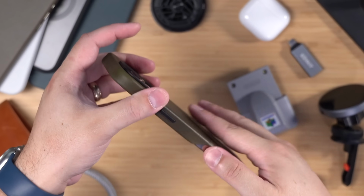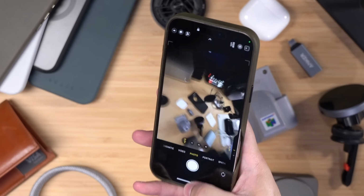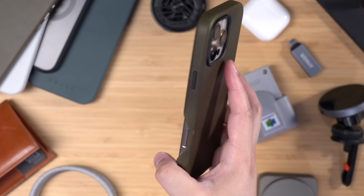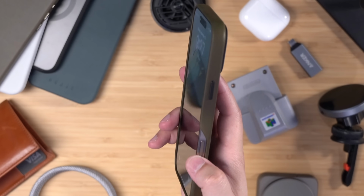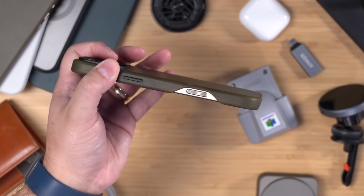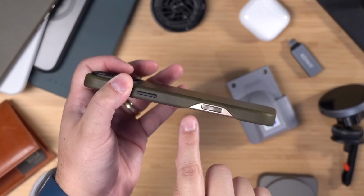But these kinds of larger cutouts, I'm not crazy about the feel, especially most times when I pick up my phone, you kind of feel that big notch. Now with visual intelligence coming later this year with Apple Intelligence, I might use this a lot more just to look stuff up with the phone. But for right now, if you don't like the cases with a button, I would go with a cutout like this one, like from Andar,